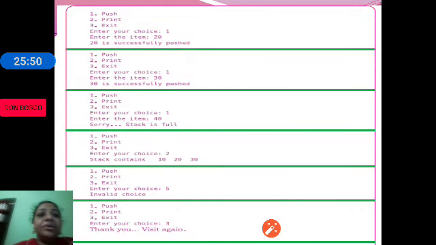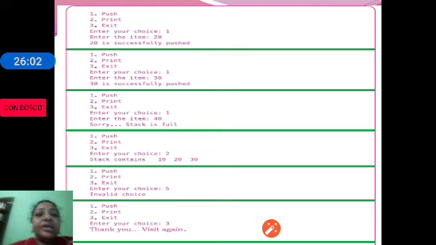In the next run we execute the same program and give our choice as 1. Then it asks us to enter the item. The item we have given is 10. 10 is pushed. Similarly, a few more elements are pushed: 20 and 30. 40 is not pushed because the size of the stack we have given is 3.